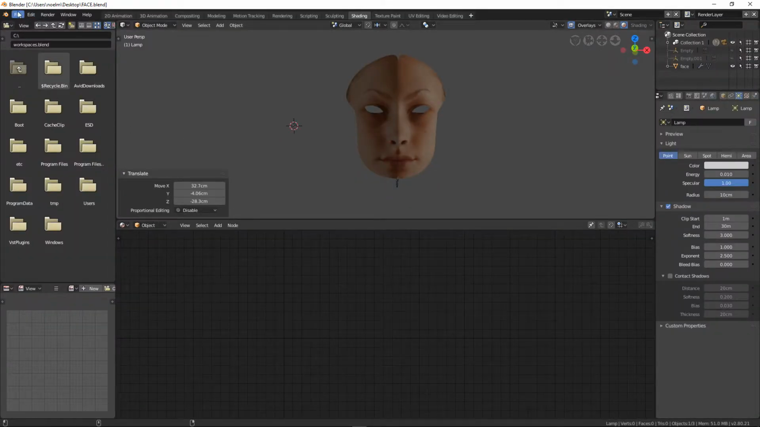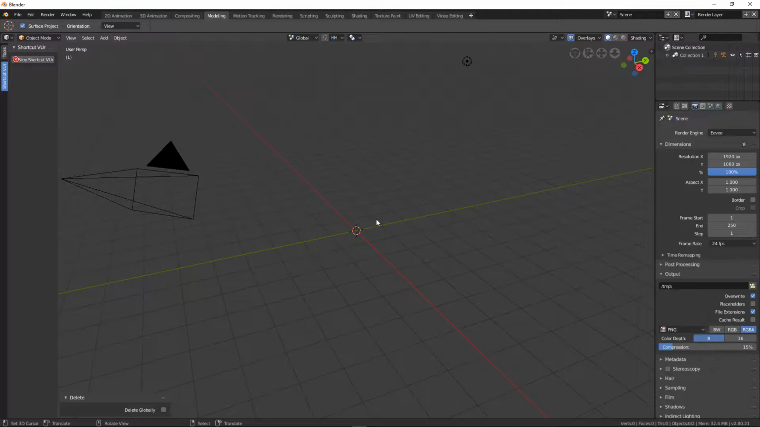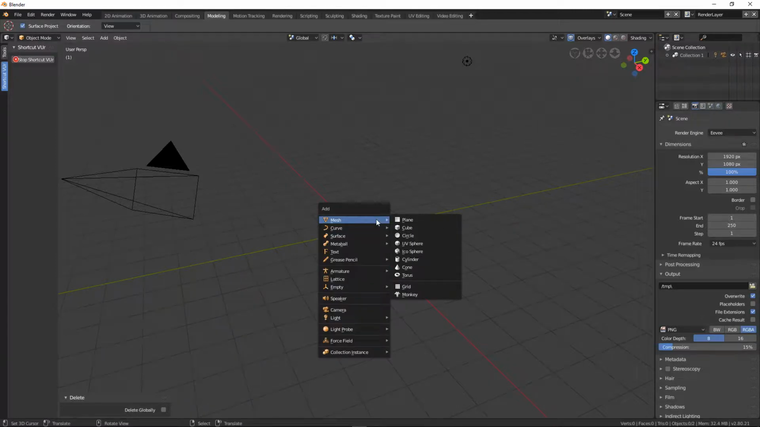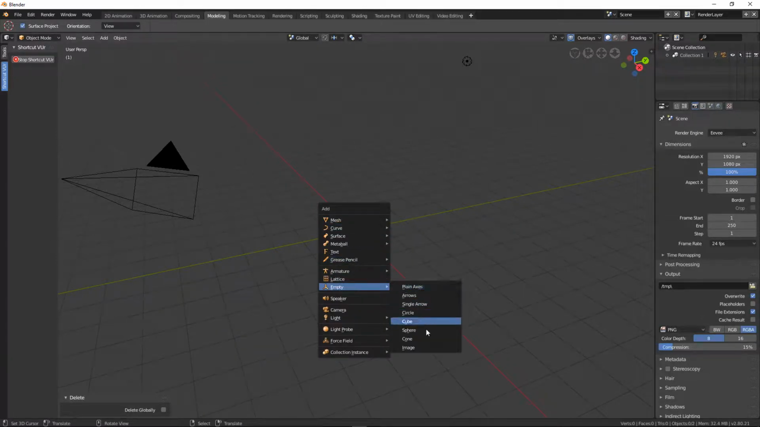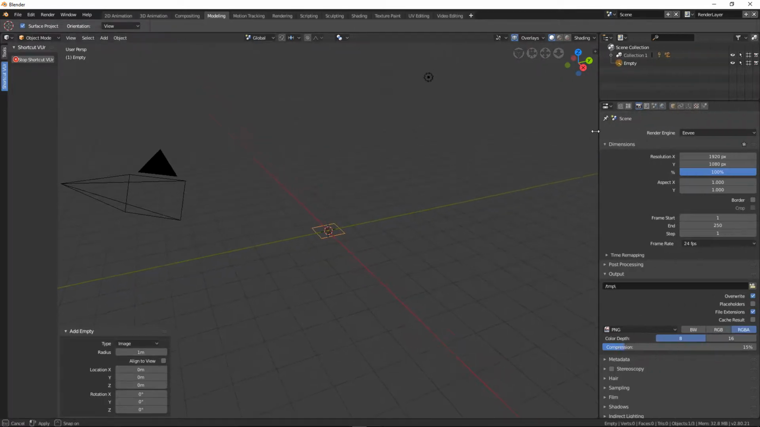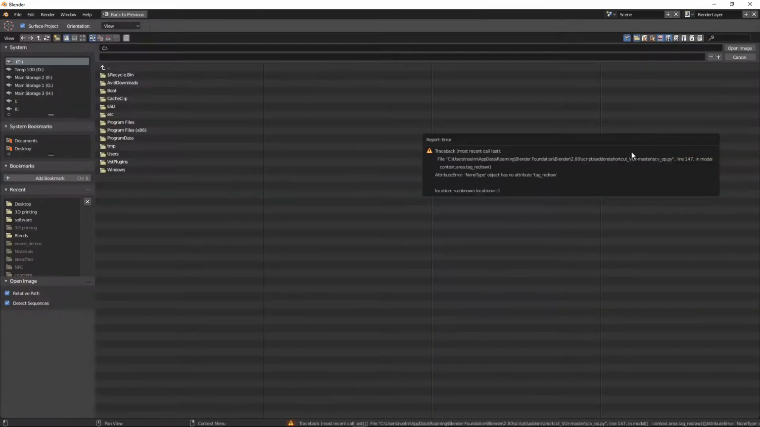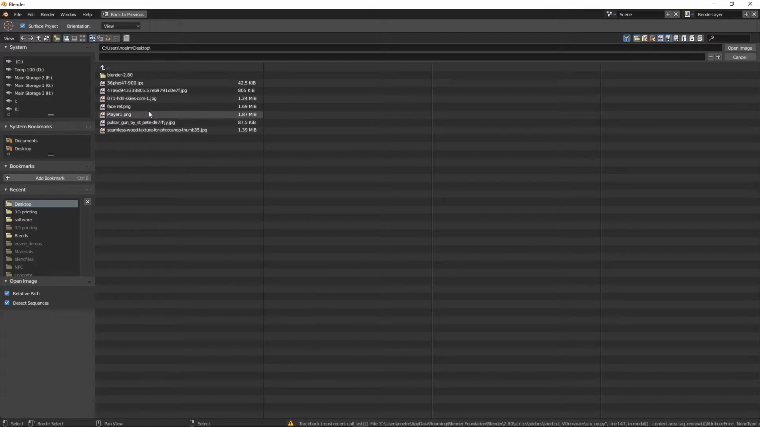So I'm going to start a new file, and we're going to start from scratch. Let's see what we can make here. This is my default cube, so I'm going to delete that, and I'm going to add, so Shift A, I'm going to add empty image. And then in this image, I'm just going to jump over here to the properties window, this little tripod icon here. I'm going to click on open, and I'm going to go to my desktop, and I'm looking for this